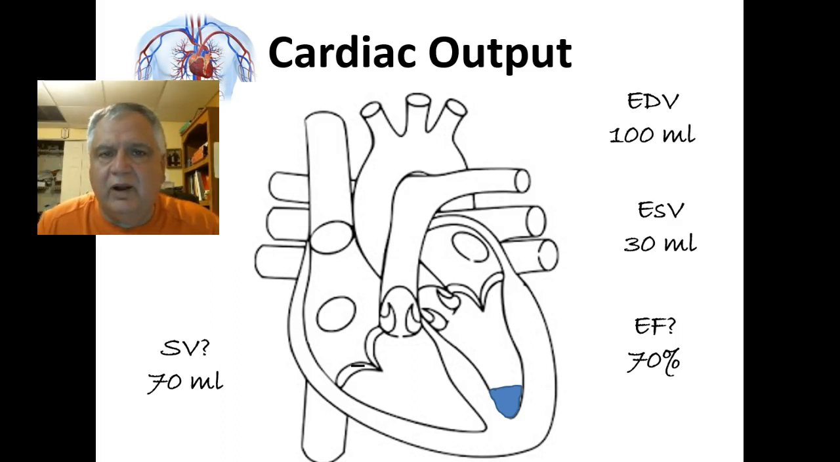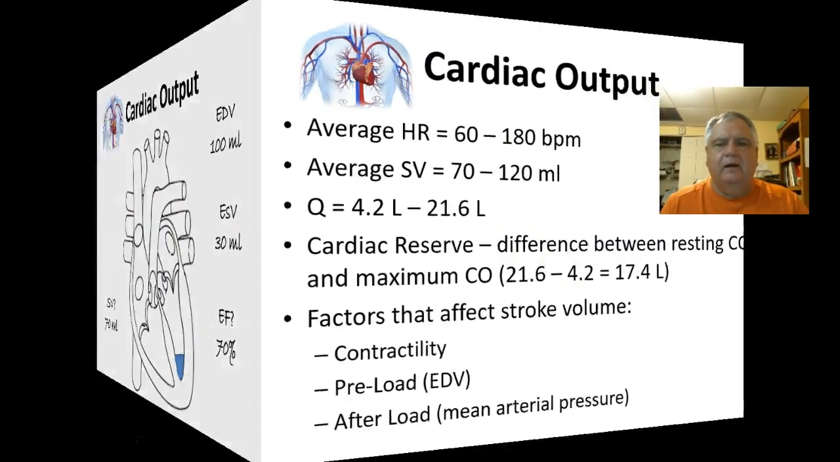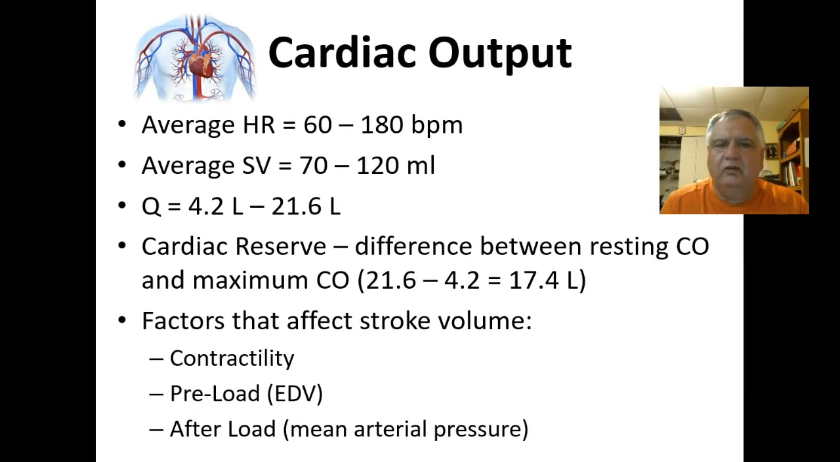So the ejection fraction here would be 70%, which would be a high ejection fraction. Again, we're using just round numbers here. Actually, for a healthy heart, a good ejection fraction is somewhere around 55 to 60%. So 70% would be a little bit high on an ejection fraction. Okay. All right. Now, having understood stroke volume and the terms associated with stroke volume, let's go back to our